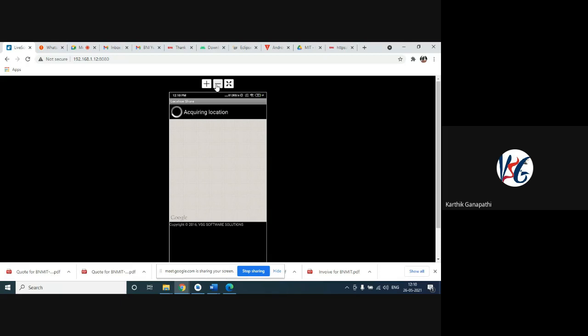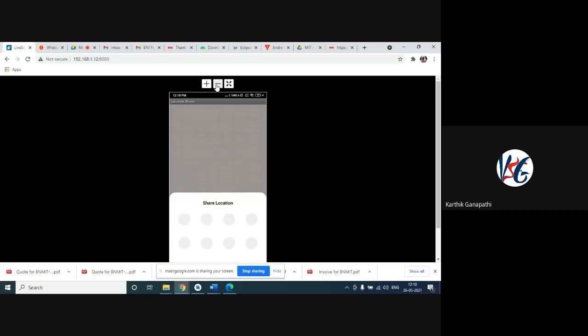I just took an older phone of mine to show you a demonstration of how exactly this application works. It will calculate the latitude and longitude, and you can send this location. You can share it using WhatsApp or any other shared preferences. You can utilize any of the options to share whatever content. So this is the other application.